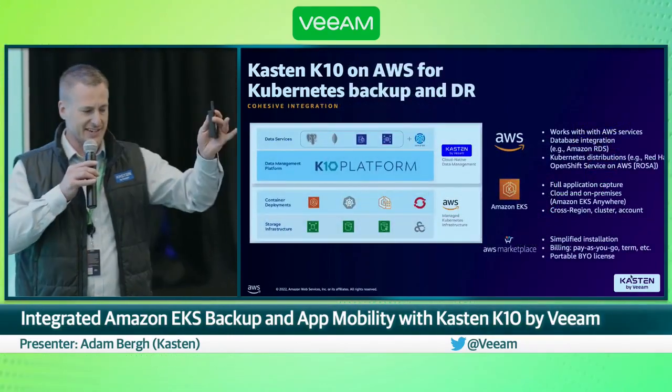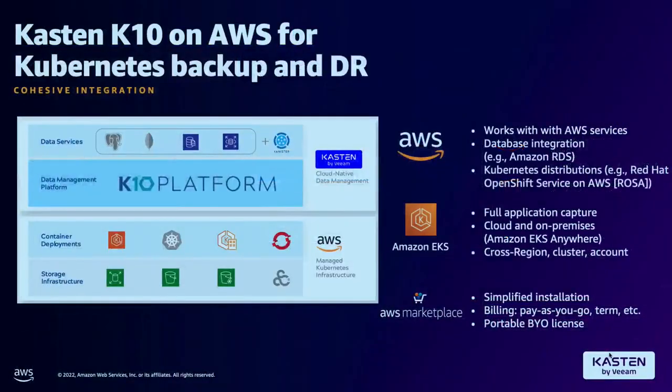So the Kasten K10 platform, we're here at AWS re:Invent. Let's talk about some of the integrations that we have with AWS. We're completely integrated with all the native AWS services, like their native storage platforms, Elastic Block Storage, Elastic File Services, IAM controls, KMS for key management provided by AWS. We're fully integrated across the board.